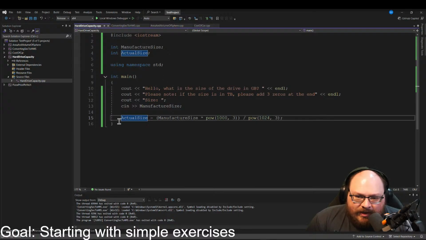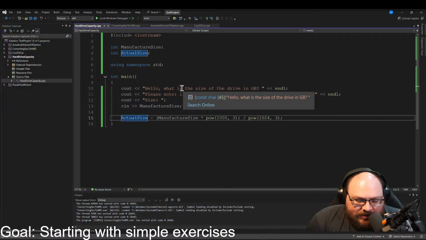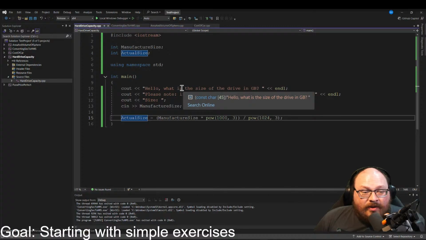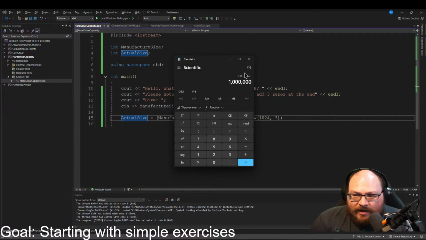You could do, is the hard drive in gigabytes, and say no, then you'd run 10 to the fourth. But yeah, 1,000 to the second is 1,000,000, and then 1,000 to the third is 1,000,000,000, and then 1,000